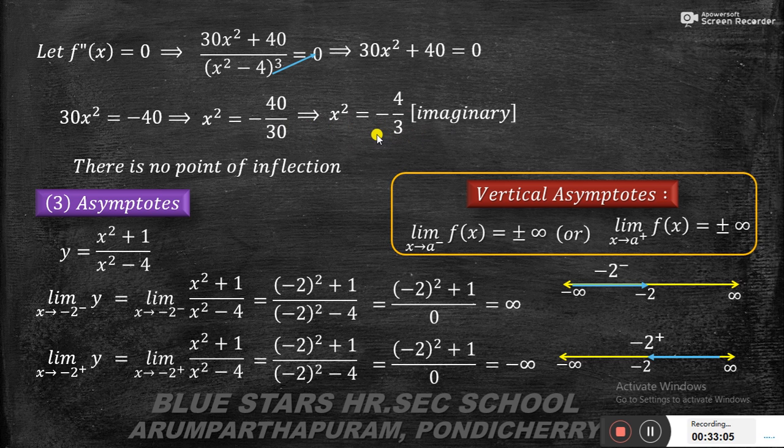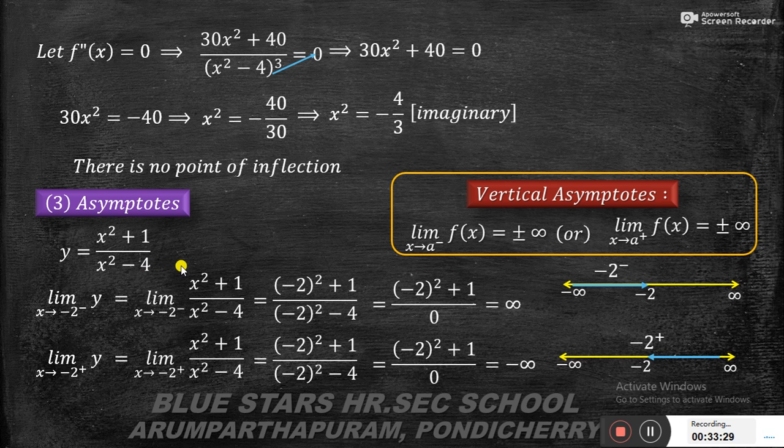Square root of minus 4 by 3 means i into 2 by root 3. It is an imaginary answer. There is no point of inflection. Next we find out the asymptotes. So I write the given function y equal to x square plus 1 by x square minus 4. Now the denominator x square minus 4 equal to 0 means x square equal to 4, x equal